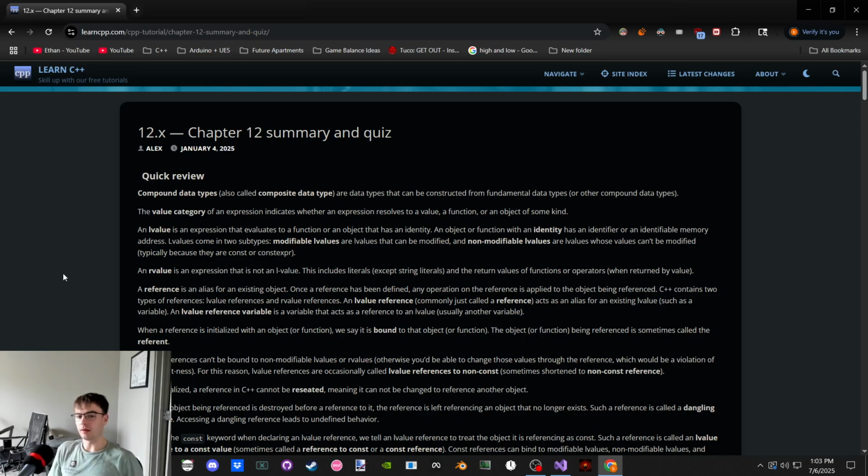But in that case, it's not really a function. It's an object that has a member function that's called with parentheses with no parameters, I guess. The referent. Yep.